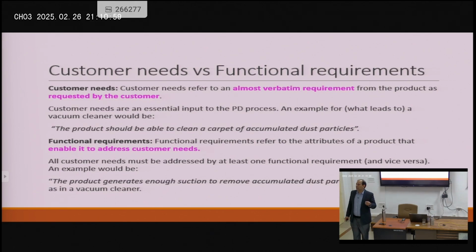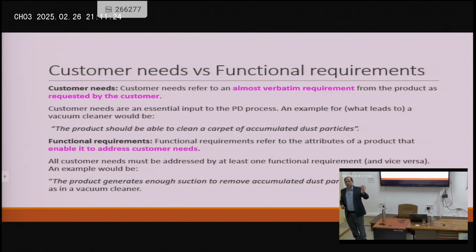So if you say customer needs, what they want, functional requirement, how does the product accomplish what they want? So the product generates enough suction to remove accumulated dust particles from the carpet, as in a vacuum cleaner. There could be other techniques too. Maybe I can do electrostatic charging and remove dust that way, right? So that'll be a functional requirement of the product because I decided I'm going to do it in this fashion, versus